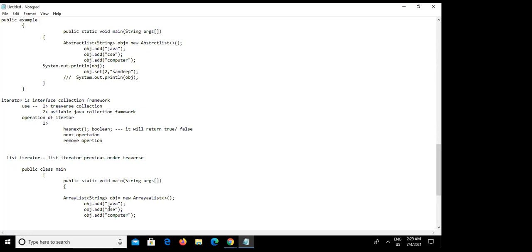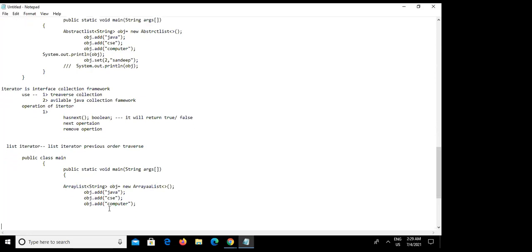Here I am adding the object, and after adding the object, I have to do some iterator operation. So let me show what are the iterator. Before iterator operation, we need to create the first object of the list iterator.